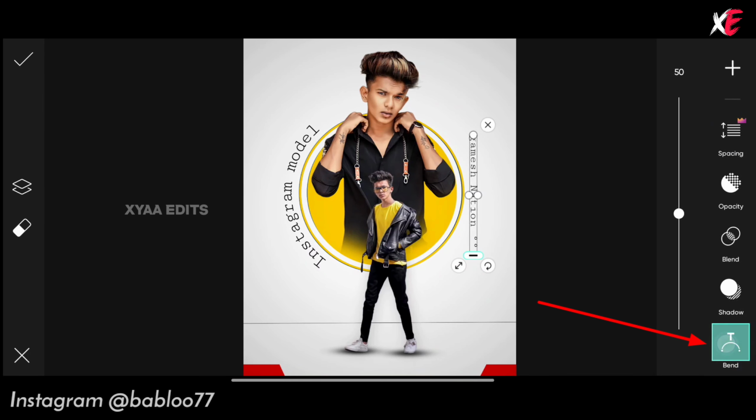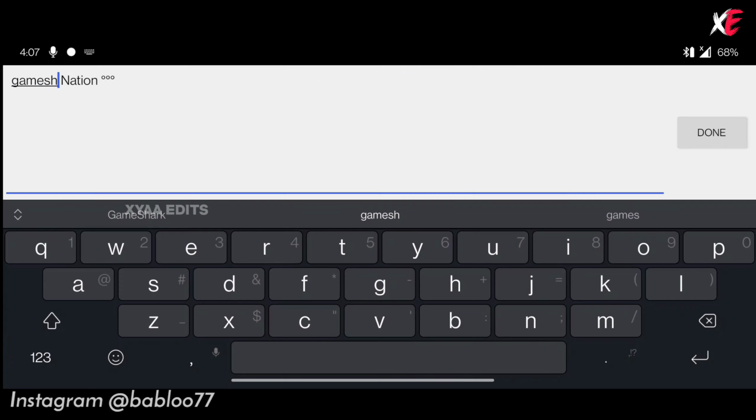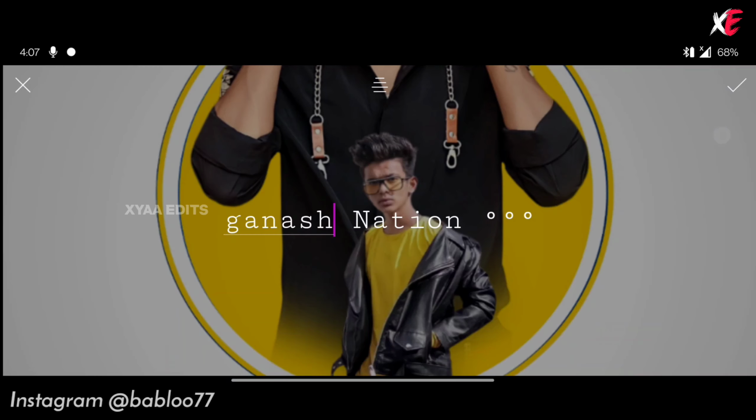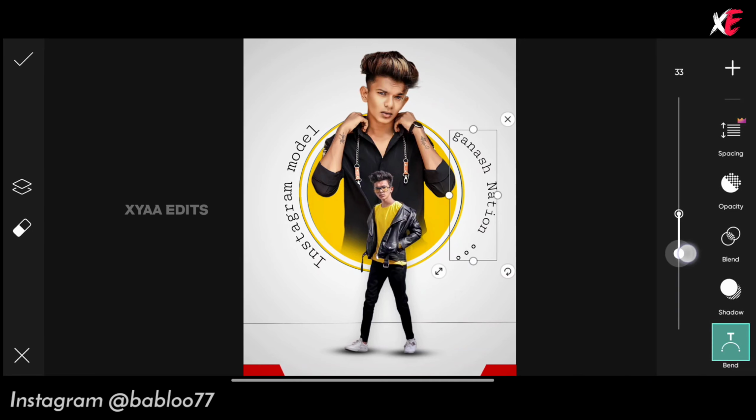You have to go to bend and give the angle and increase the size. I wrote the name wrong. Okay, done. Tick and give the bend and arrange it perfectly. Okay, arrange it in this portion. You have to give the perfect bend.